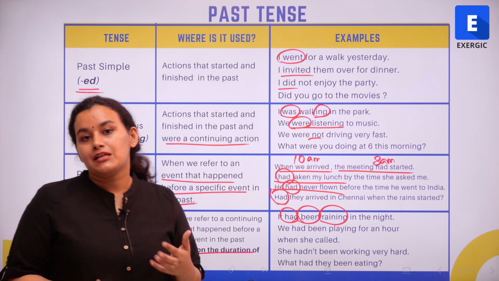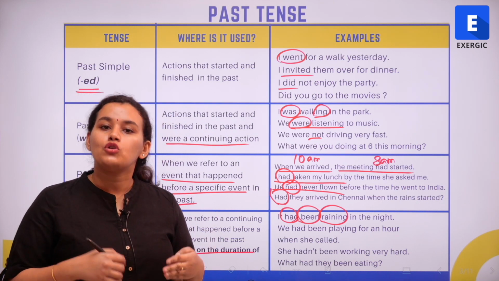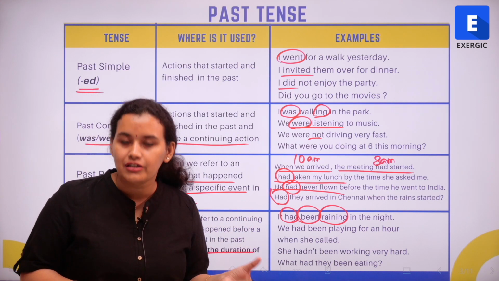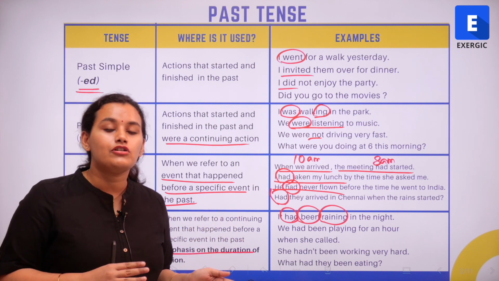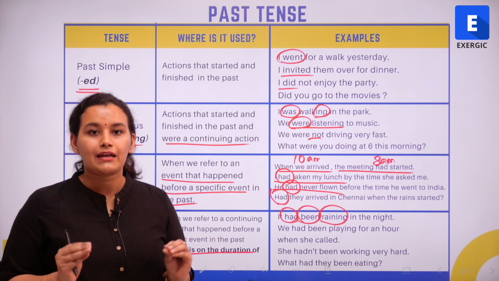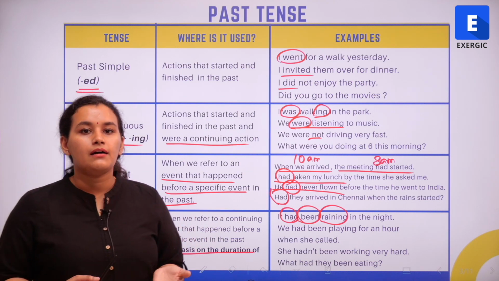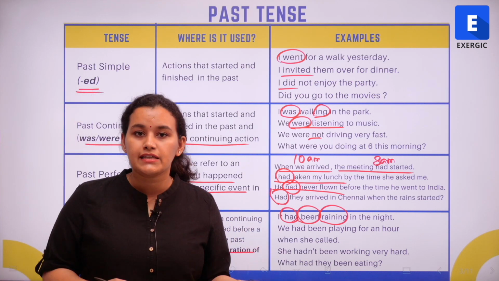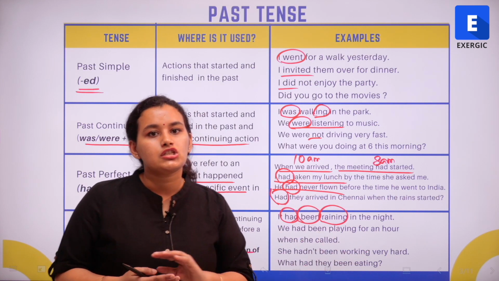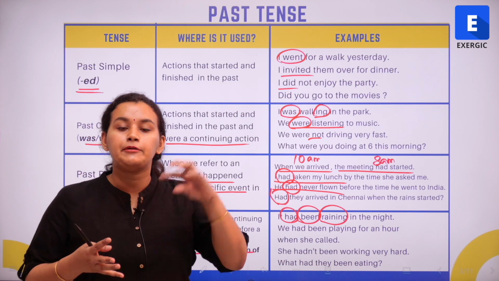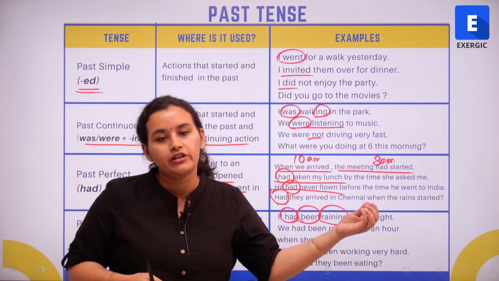So again, the past perfect continuous tense is mostly used when we are talking about 2 to 3 events one after the other. However, in itself also you can form grammatically correct complete sentences using the past perfect continuous tense. For example, they had been rehearsing for over an hour. So this is a complete sentence in itself which is grammatically correct.